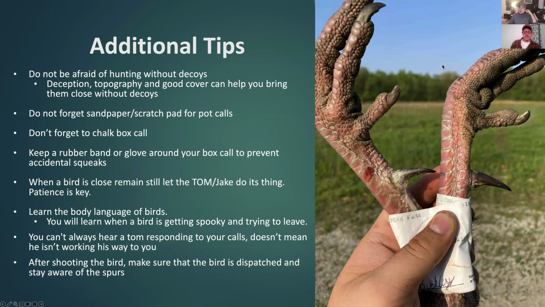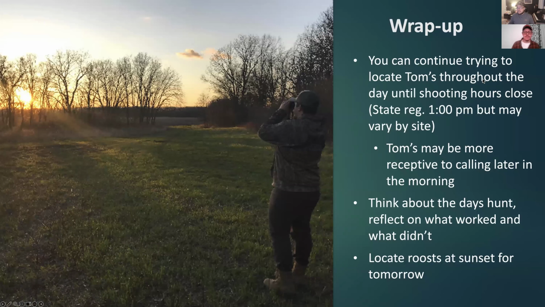Very common with the Jakes and the submature Toms, because every time they talk, they could get beat up, right? Because there's a bigger, badder Tom around there, so they have to play very nonchalant, very quiet, like ninjas. And with Jakes, more often than not, I never hear them. They just appear. Nothing wrong with Jakes, not at all. I've killed more Jakes in my life than anything. And yeah, they taste the same. Honestly, it tastes better, it's a younger bird. Yeah, you can do more stuff with them, I think. I definitely don't turn down a Jake.